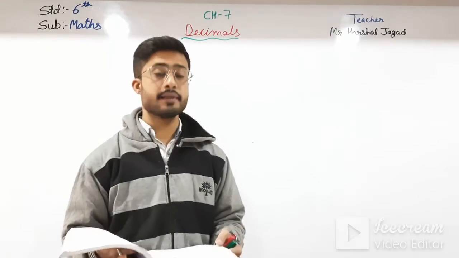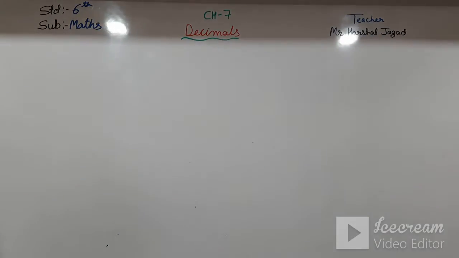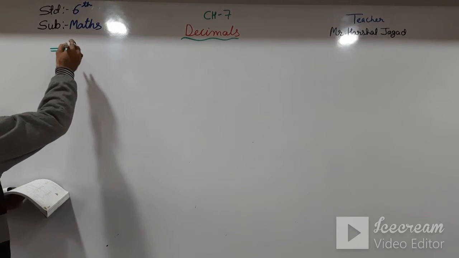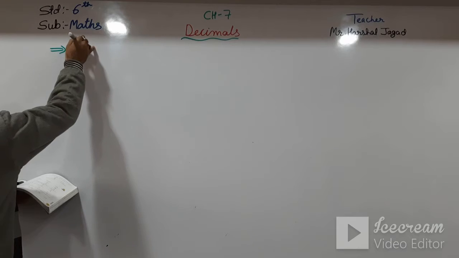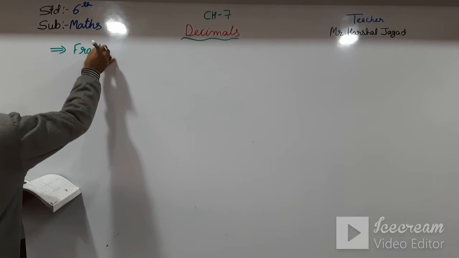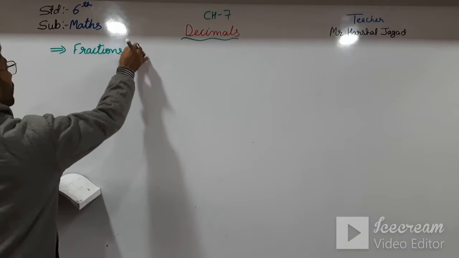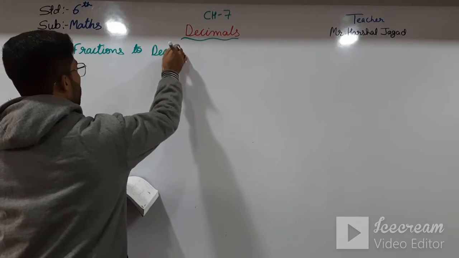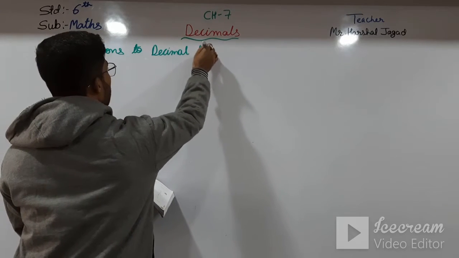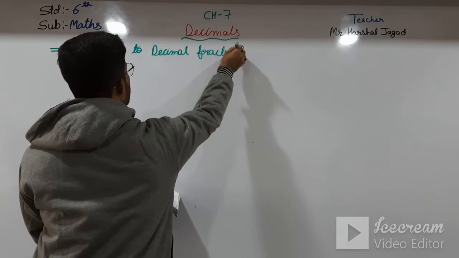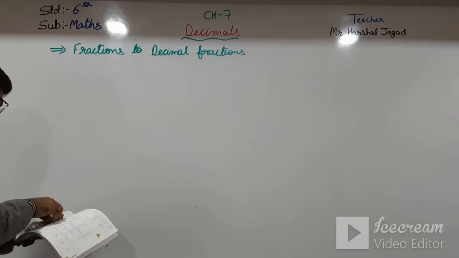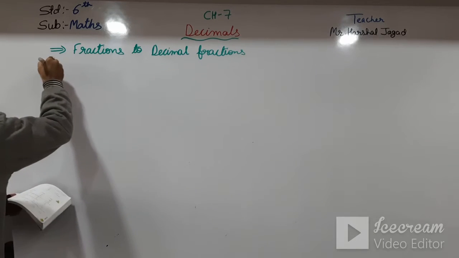the conversion of fractions to decimal fractions. Okay, conversion of fractions to decimal fractions. So let us do that. Fractions to decimal fractions. Okay, so in that, the first example, which is example number 10,